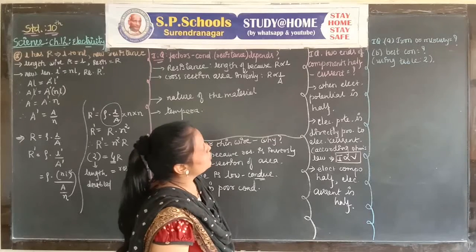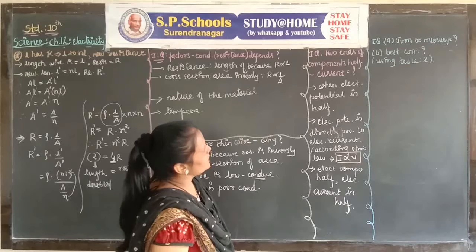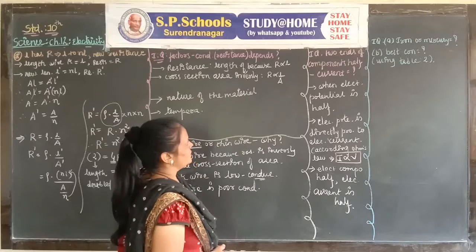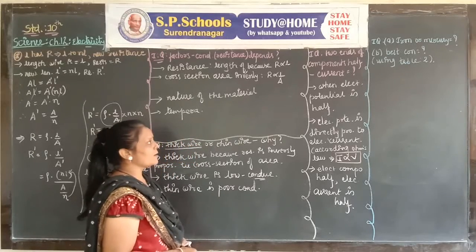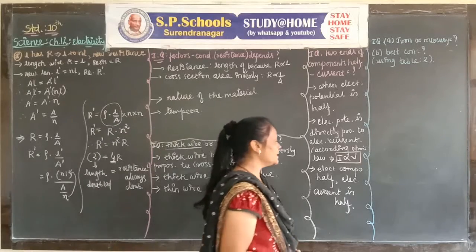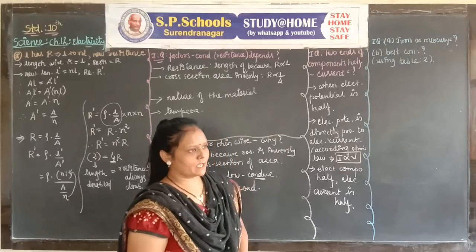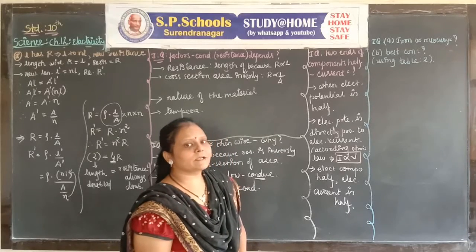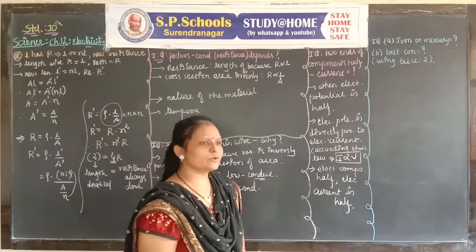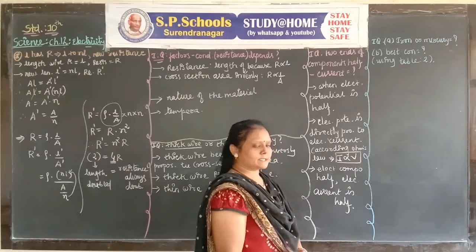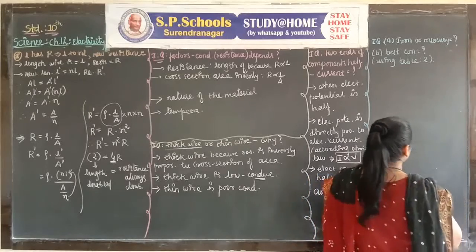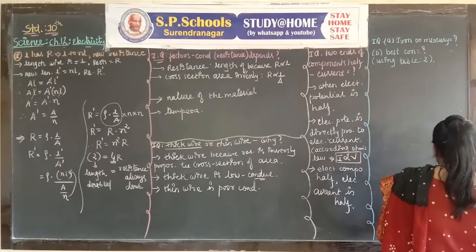Which has the better conductivity, iron or mercury, and what is the best conductor? We give the answer using table number 12.2, which is given in the textbook. Here we already discussed last time. We can't remember the whole table, but we remember 2 to 3 resistivities which will be asked in the examples.